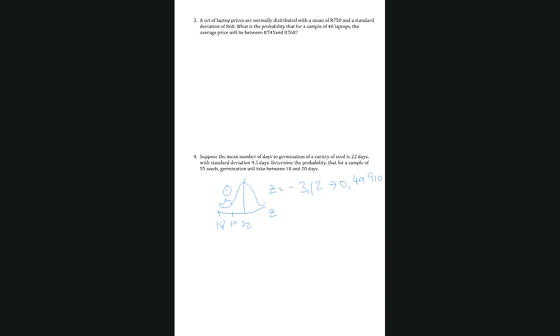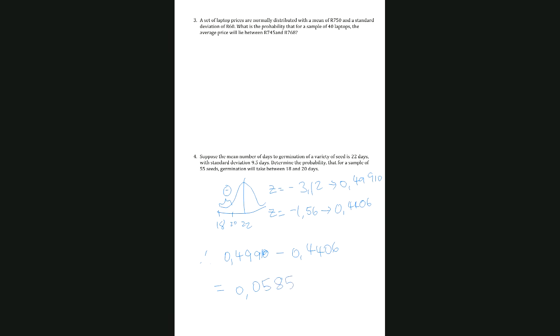This was minus 1.56, which is 0.4406. So you'll say that therefore the larger of the two numbers, which is 0.49910, minus the smaller, which is 0.4406, that would give you a final answer of